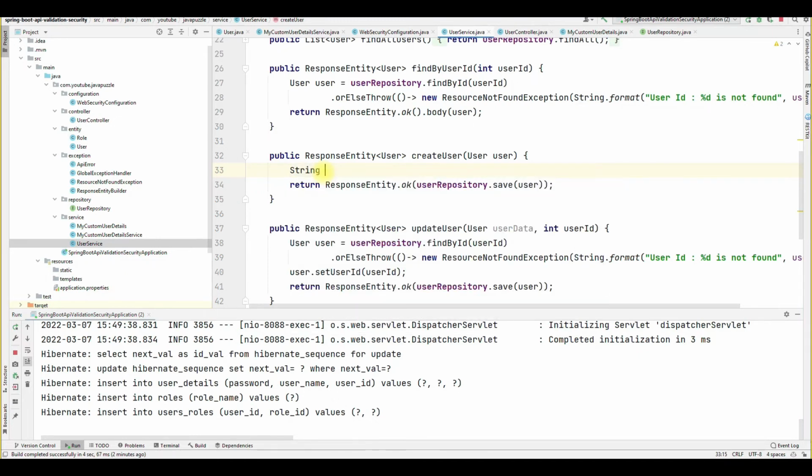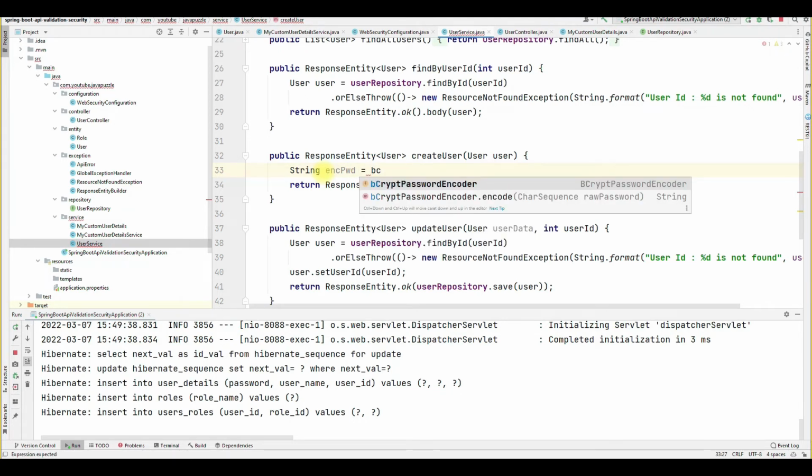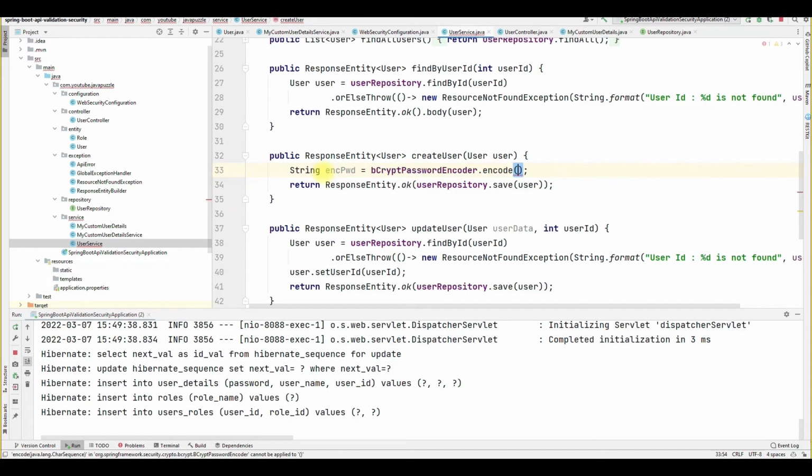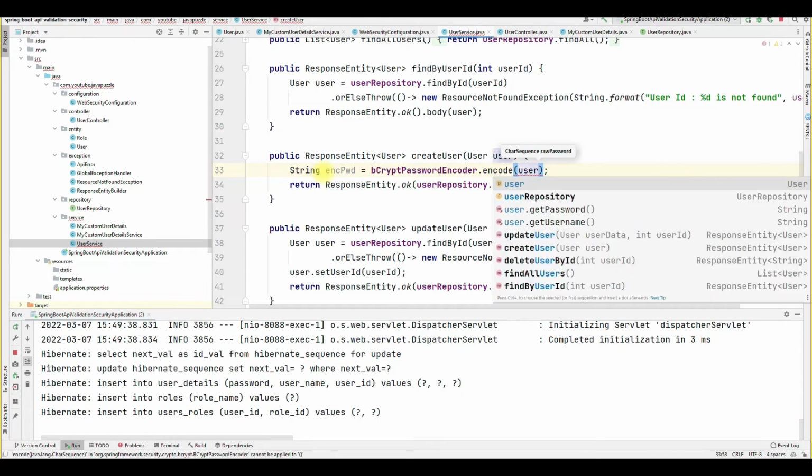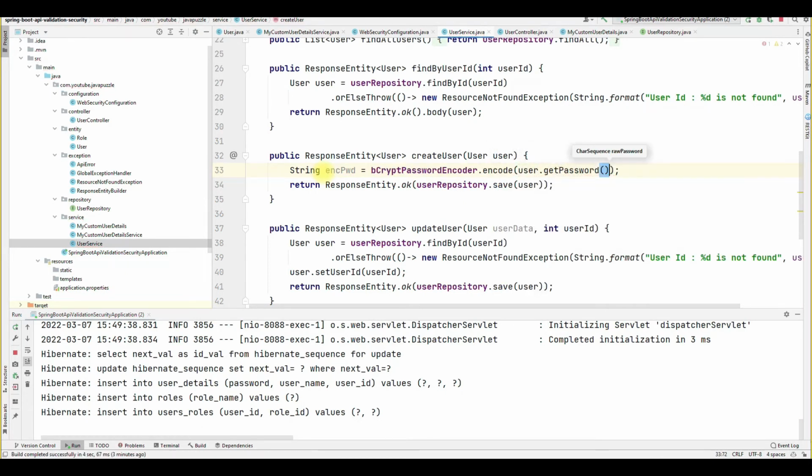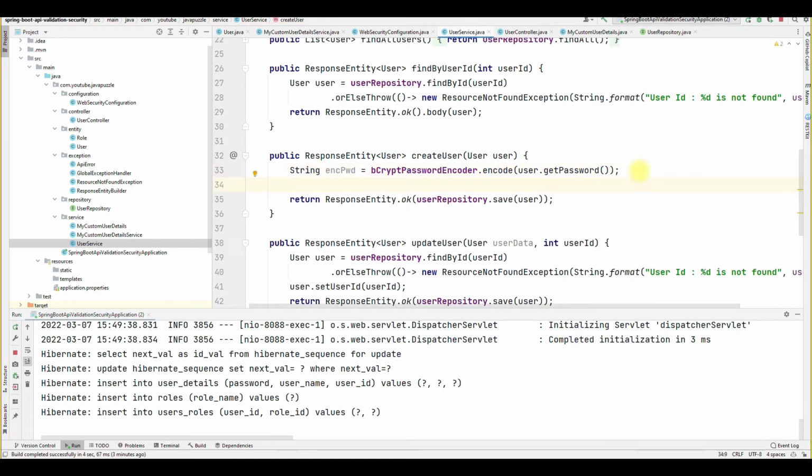So string encrypt pwd. Okay, then here bcrypt password encoder dot encode, and here you will get user dot get password, and then you have to set this one. So user dot set password and encrypted password.